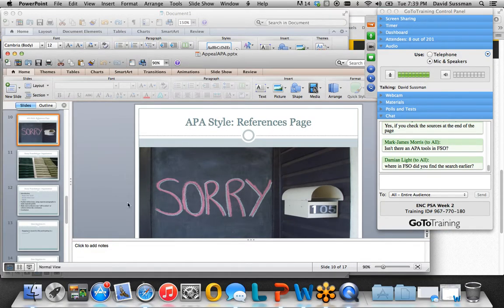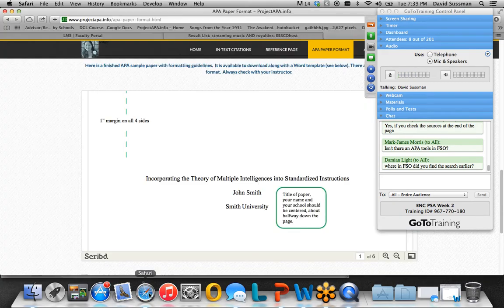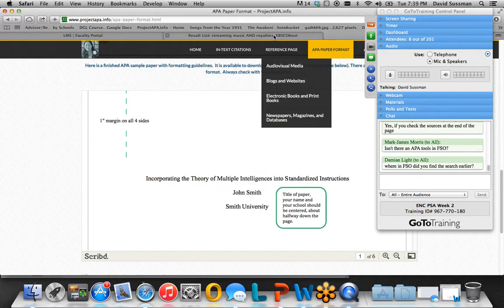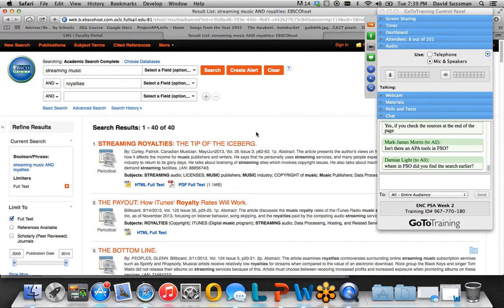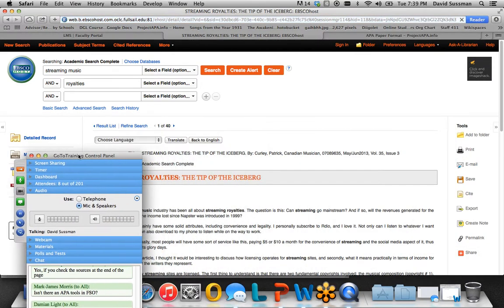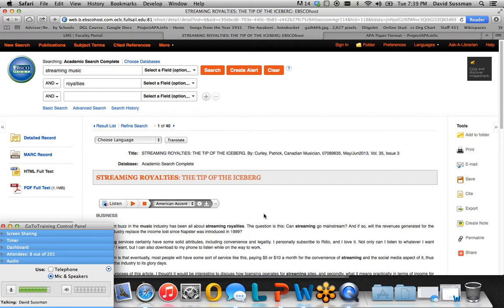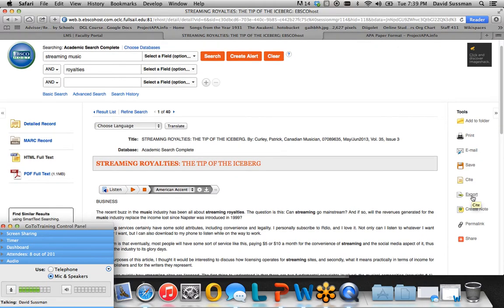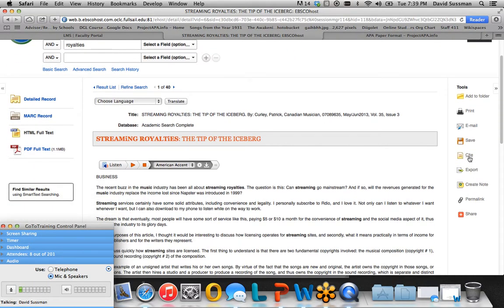So first of all, let me show you some tricks. When you're in the Full Sail Library databases, let me go back there. Streaming royalties, the tip of the iceberg. I'm going to click on this. I'll click on the HTML because it should load faster. Once we're in the article, you have this little tool on the right here called Cite. You can use it with one warning. You have to fix all the small errors that the citation generator makes. But I have no problem with you starting here. So if I click on Cite,